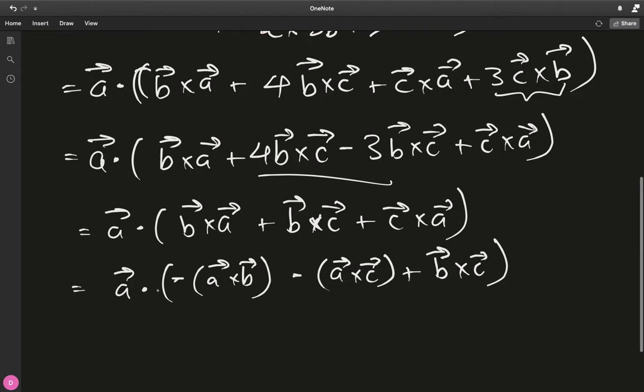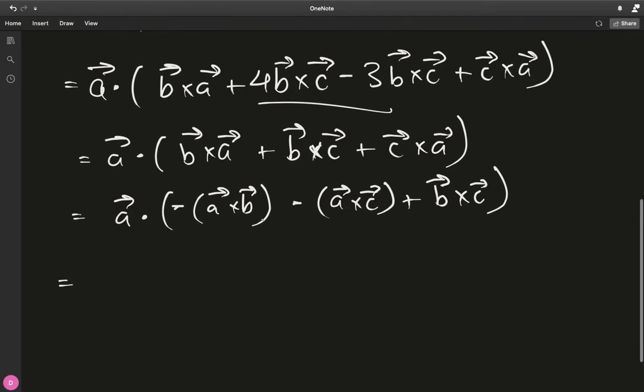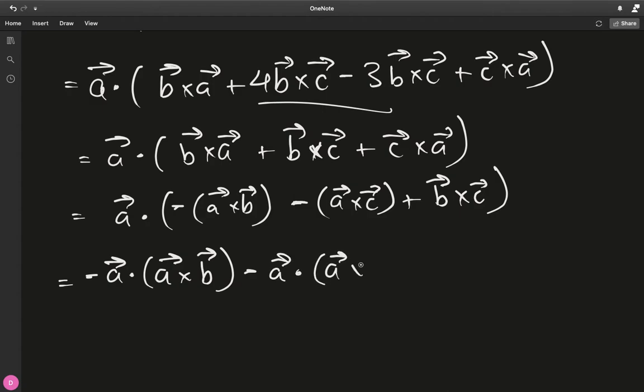And now I'm actually going to distribute this dot product over these subtraction and these addition. So a vector dot, take the negative outside, a vector cross b vector minus a vector dot a vector cross c vector